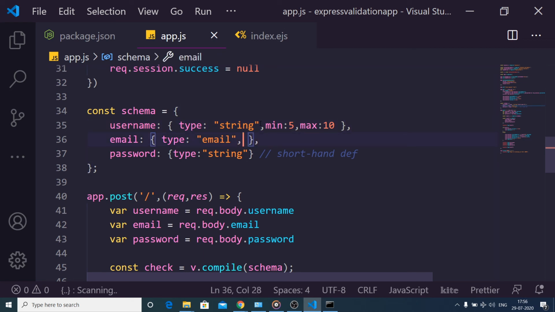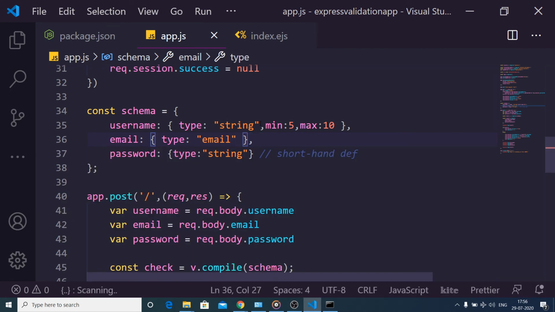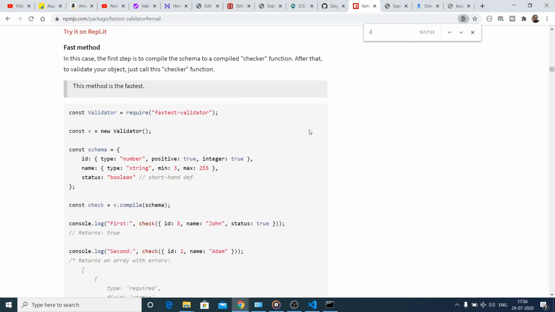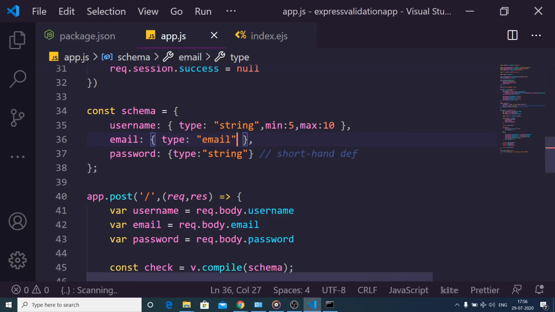And again, there is also a required selector here.